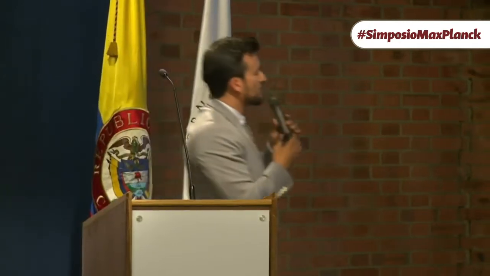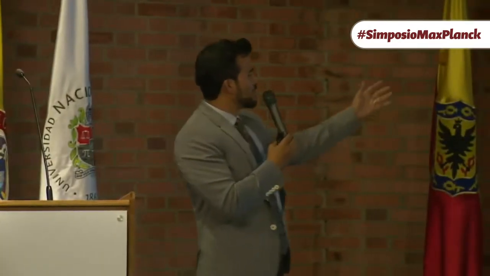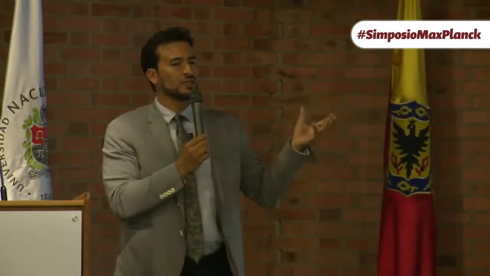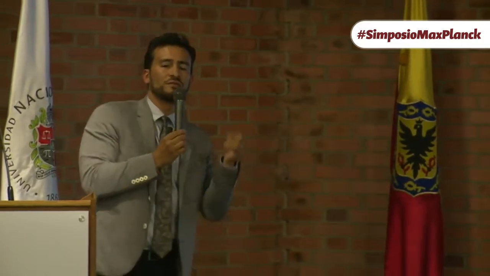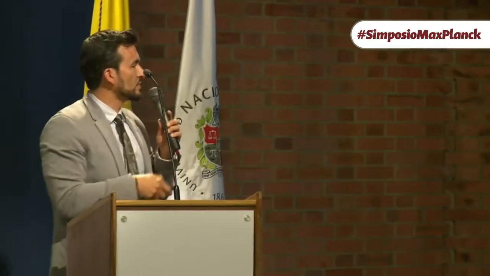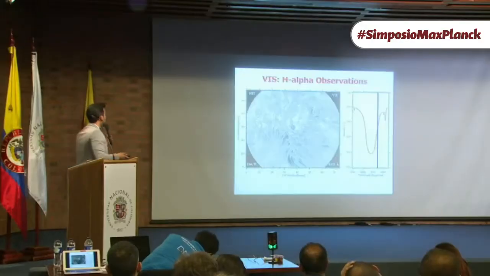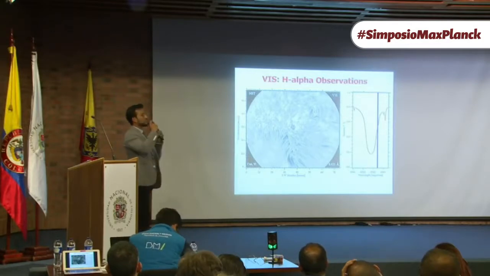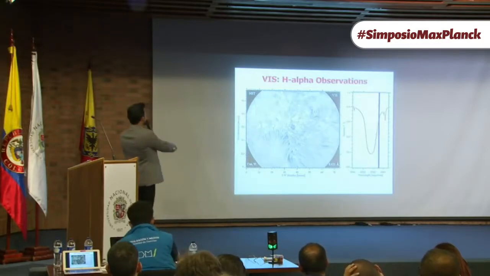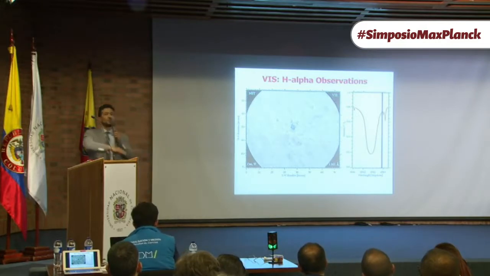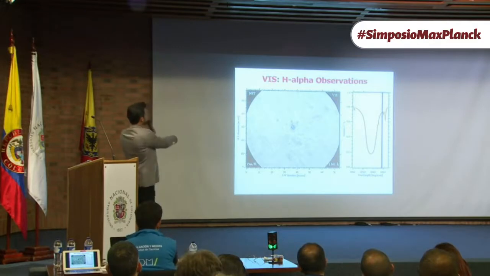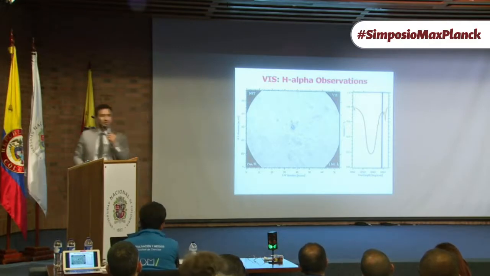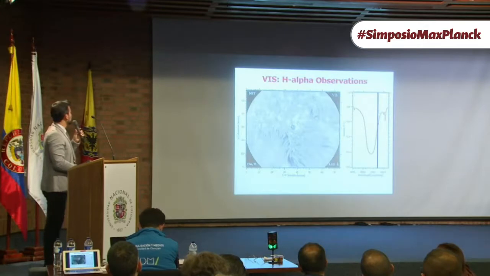This is a close-up of this region. But to generate this sort of movies, you have to pre-process the data, and a big amount of time we have to spend in pre-processing the data to have these high-quality images with this sort of resolution. But also you can go to different spectral lines, and you can scan the line. If you scan the line, it's like you were doing the tomography of the solar atmosphere. So you go from the lower part to the upper part, and you see how the features here change dramatically. Once again, this one.